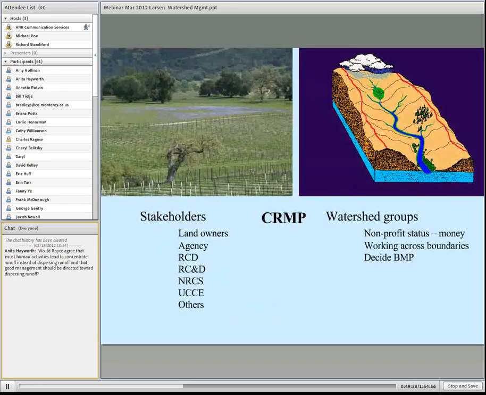And finally, to kind of wrap it up and end, since boundaries in watersheds go across different jurisdictions and ownerships, it's very important to work in a watershed group if you really want to solve the problems that exist out there, so that everyone is on board that's upstream from you or downstream from you to help solve the problems.